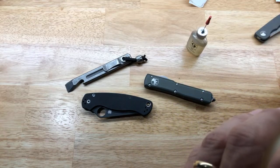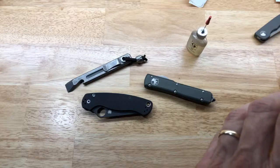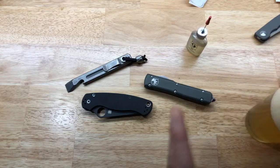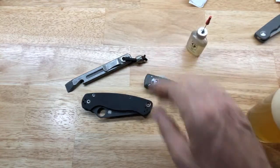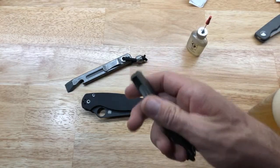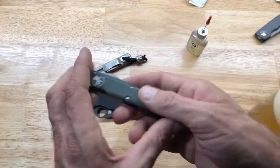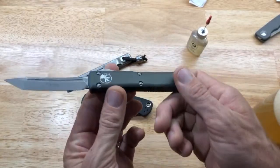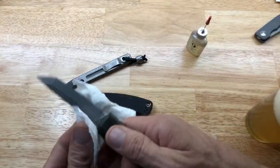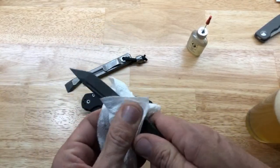But yeah, the overwhelming thing that I personally would say about the Microtech Ultratech is don't buy it if you have 3 knives. Unless, man, you know what? Just don't make it something you're completely reliant on as a normal everyday consumer who just goes about your day. For me, at least at this point, I will continue to review this thing, just as I'm trying to do with a lot of the tools and knives